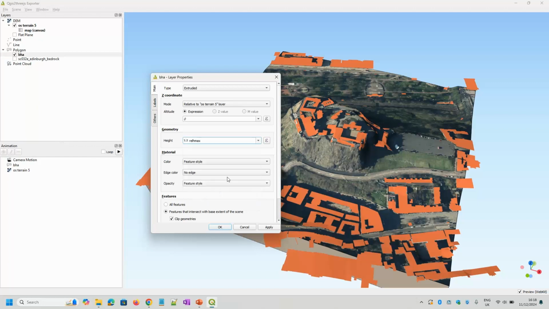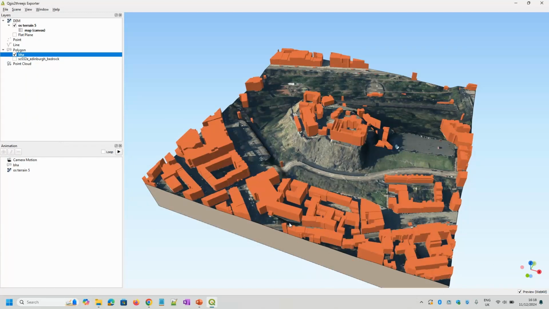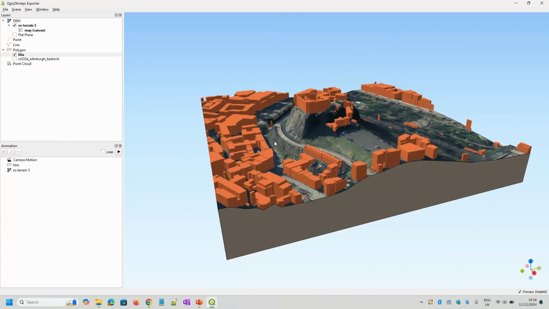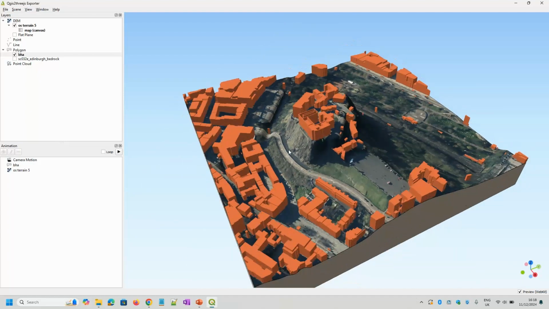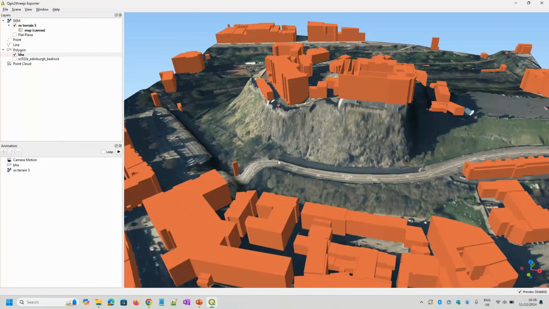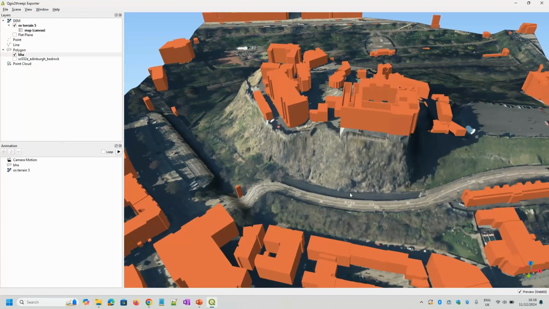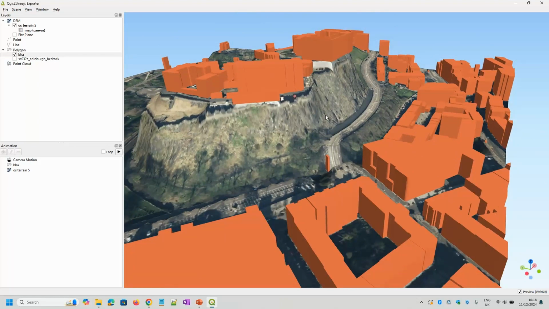So if we choose rel H max, that'll extrude the features right up to the very highest point. So now you see we've got a very nice, very simple 3D representation showing the buildings in the area that we can pan and zoom and navigate around and see how the landscape really does actually look,